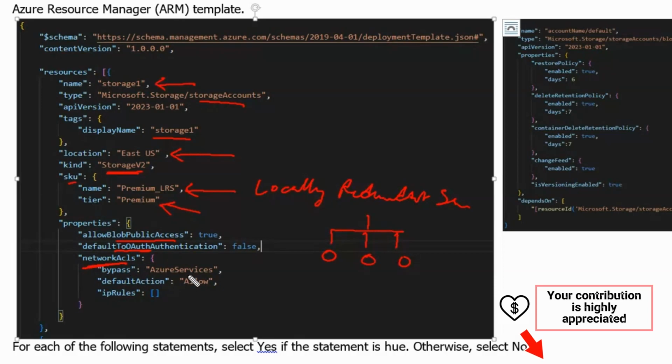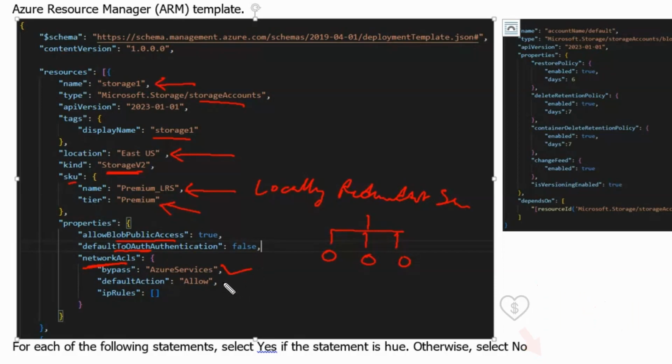Network access controls bypass to Azure services, default action is allow, and there is no IP rule defined. Key information to remember in the first part of this template is, first, the location, and the second is the SKU name, which is important because it is LRS, locally redundant storage. Let's analyze the second part of the template.